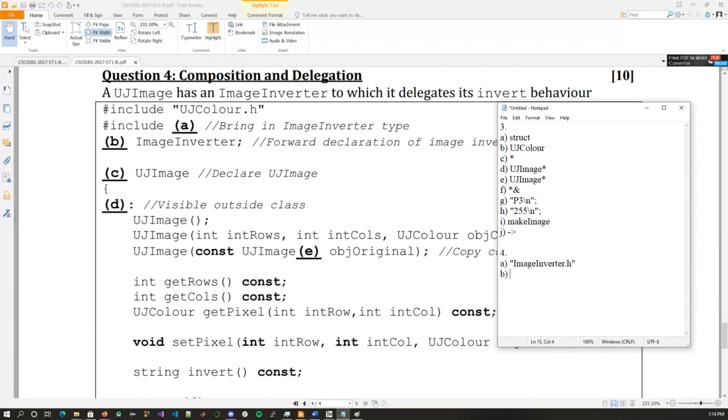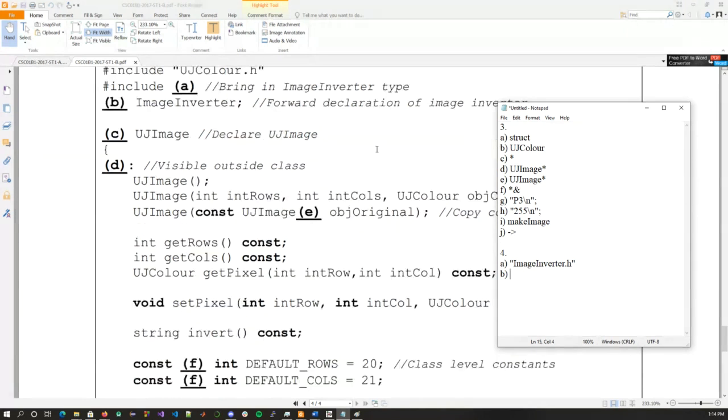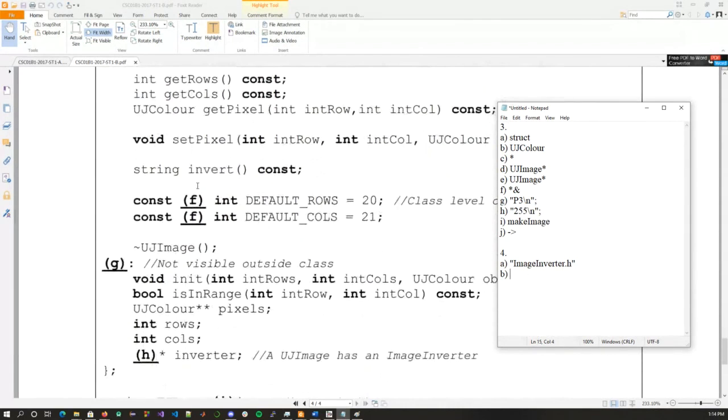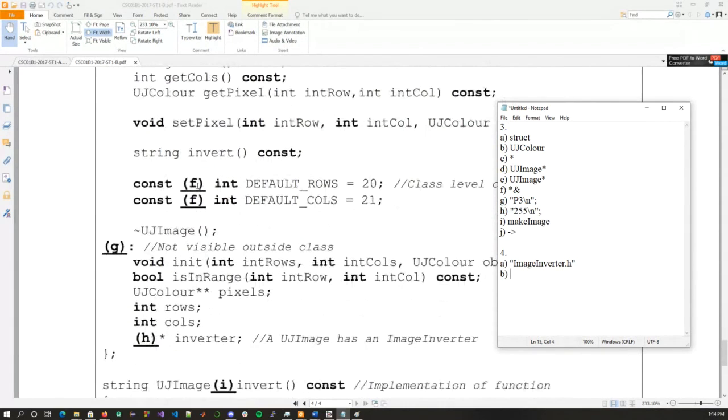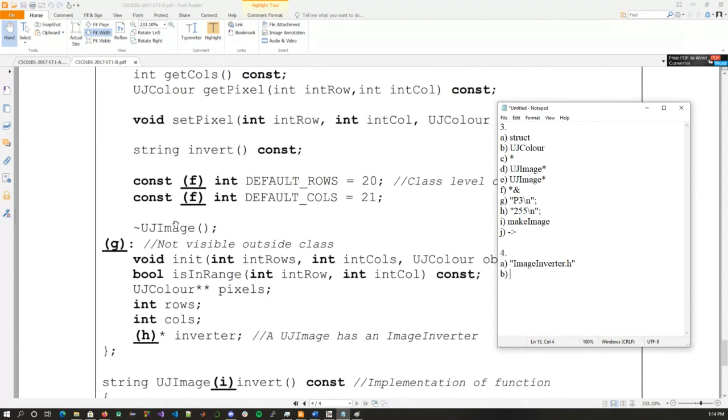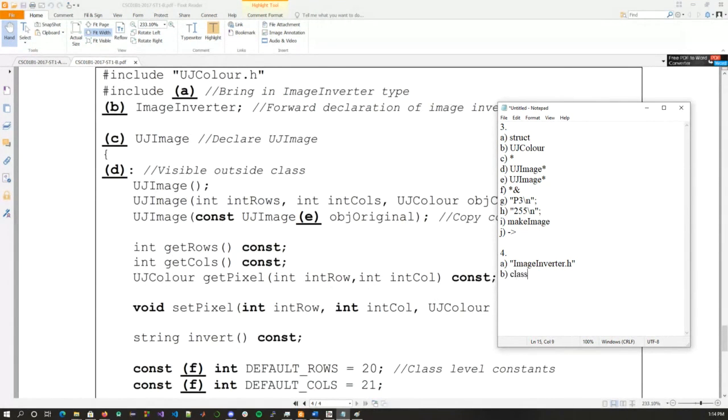Then B is going to be a forward declaration of our image inverter, because we haven't declared it yet. So we need to make a forward declaration of it. That's going to be class. Then we are going to be declaring a UJ image class. So in order for us to declare it, we also need to call again